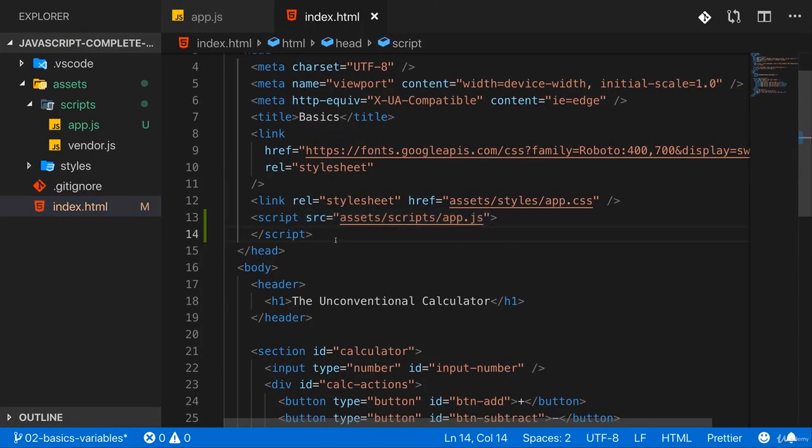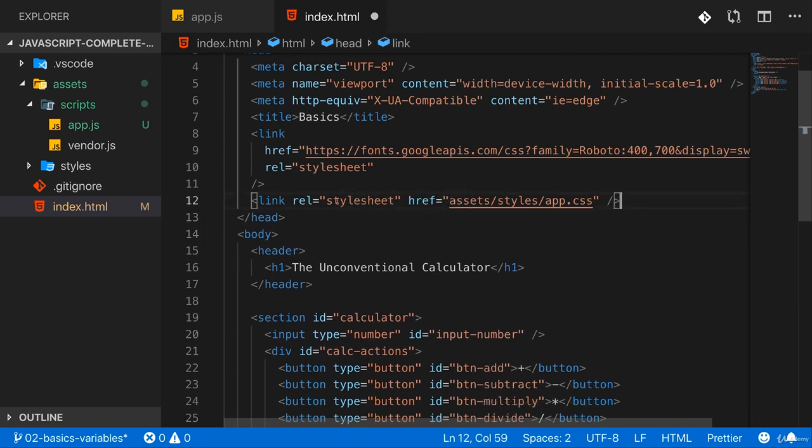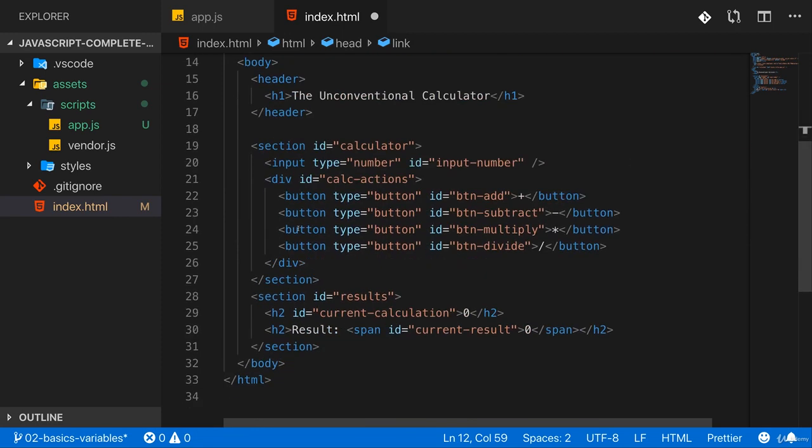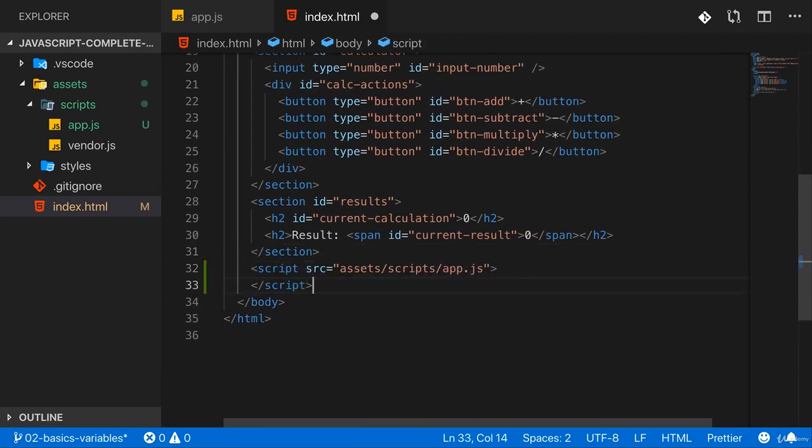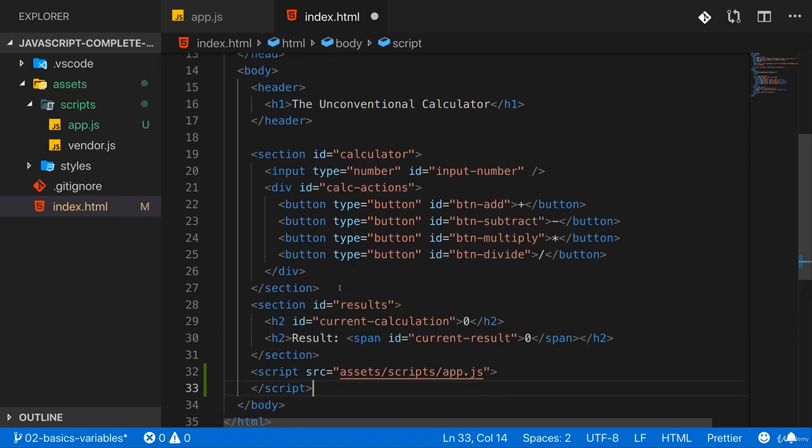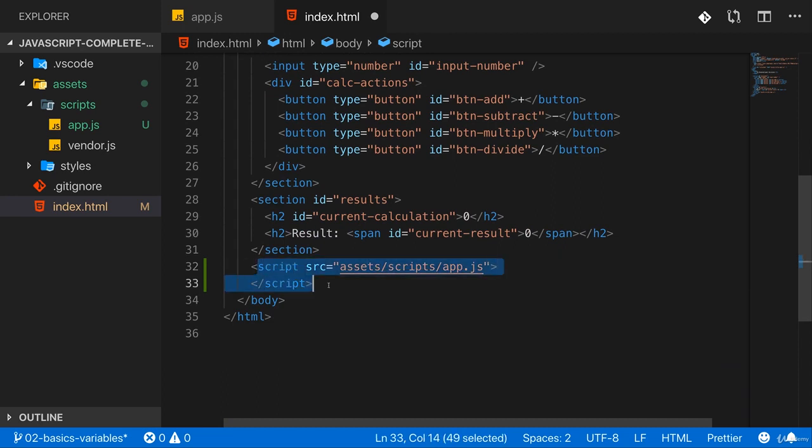One problem we're facing here is that this blocks the rendering of the page until the script is done. And in the case of an alert, the script is really only done when the user confirmed the alert, so when we close the alert. To make sure that the page loads first, we can do one simple thing. We can take the script, take it out of the head here, and move it to the end of the body, so that the browser has a chance of first parsing all the HTML code and finishing that rendering before it executes our script. And later I'll show you an alternative strategy to that as well, but for the moment